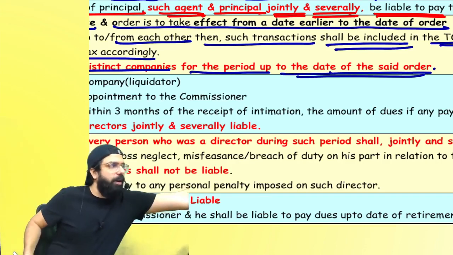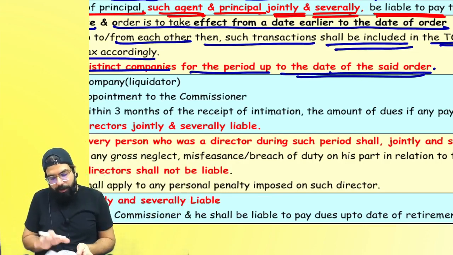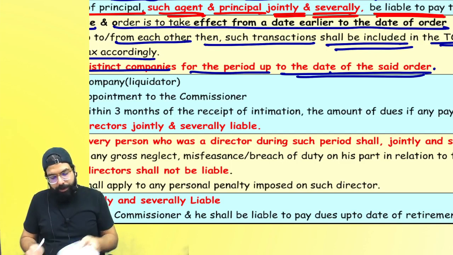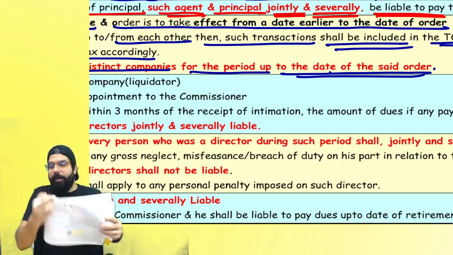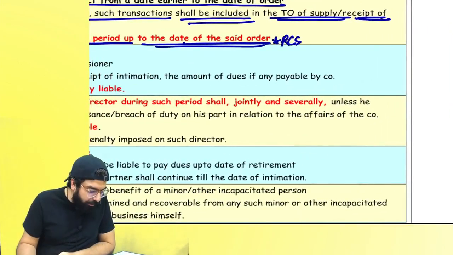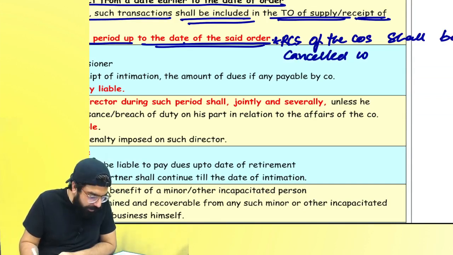Right, everyone? I want you guys to write one more line, which I thought you should write down, and I will tell you and you write it down. They will be liable for cancellation. One minute, I'll tell you the exact line which you have to write. And registrations, you can write over here, and registrations of both the companies shall be cancelled with effect from date